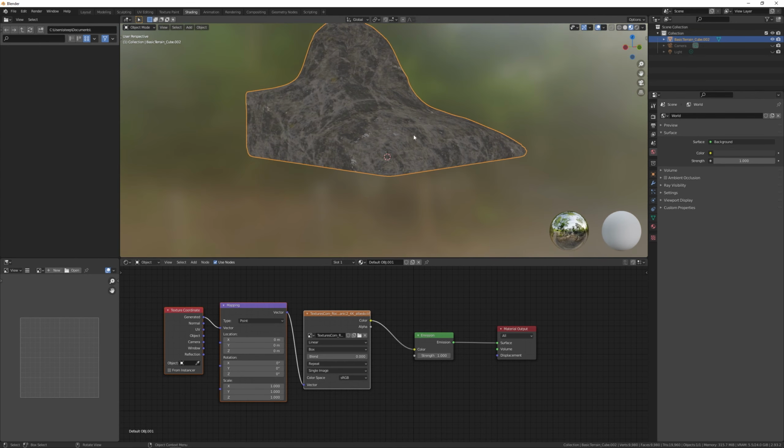A new color map, or color texture, and its corresponding height. And now you want to combine these two and add the grass on top. So we're copying that one, making a copy like this.